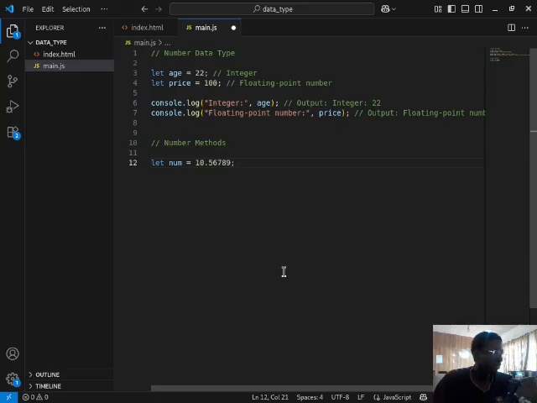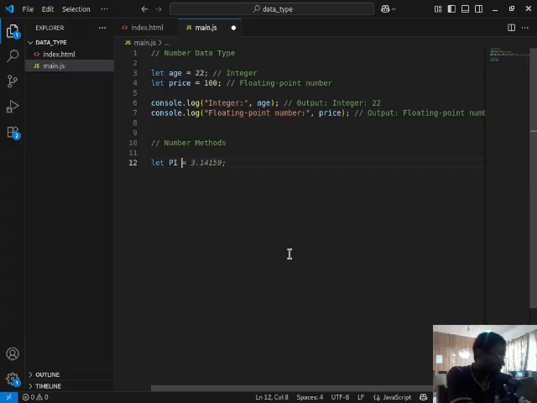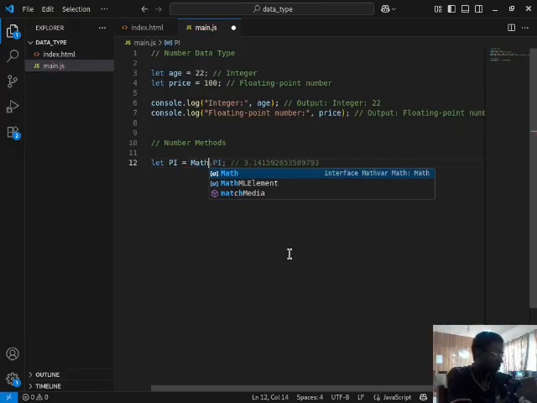pi, right? Yes, pi. Normal pi, as you know, pi in mathematics. So pi is also here. The reason why in JavaScript, something that is constant, you write it in capital letters. So PI is going to be like this. So I'll say equal Math.PI, because I want to use the Math